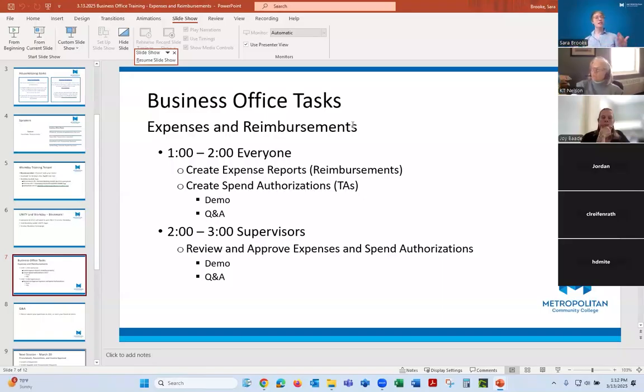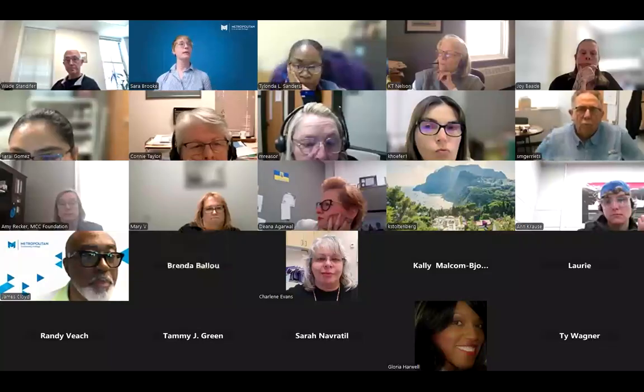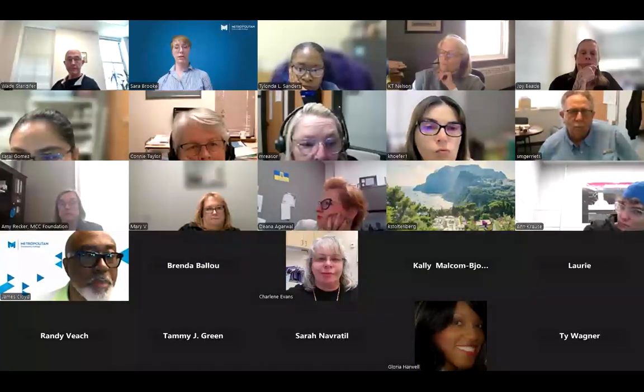That'll probably take us maybe the first hour or so, up to 2 o'clock. But if we get done early, we will move into the specific supervisor area and show you what that looks like. Within Workday, all of these tasks that you will be creating will get sent directly over to your supervisor, and then we'll take a look at what that looks like in Workday. So I'm going to stop sharing the slides and move over